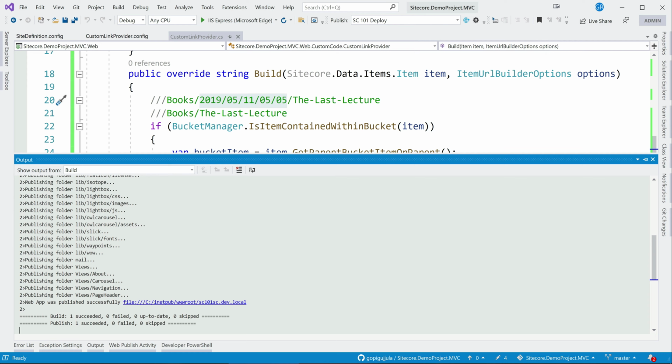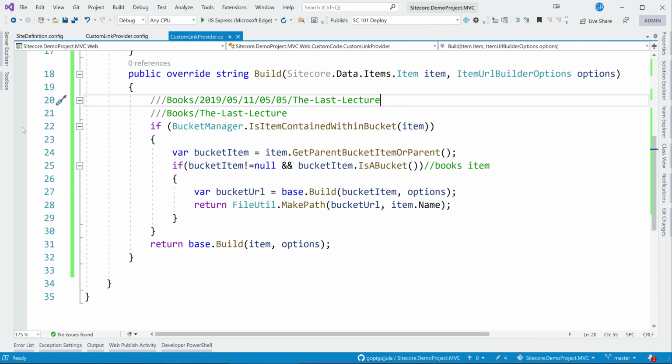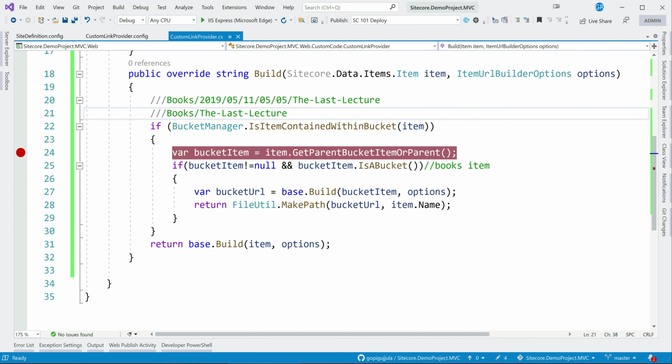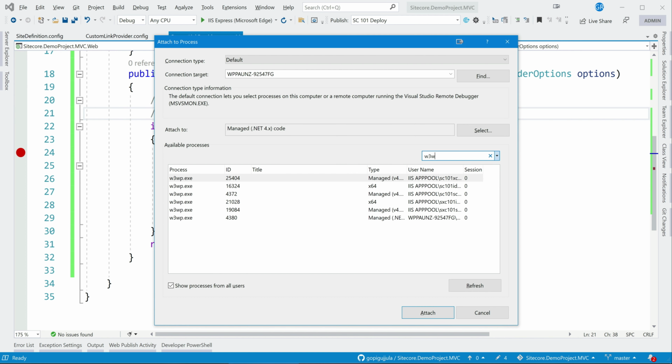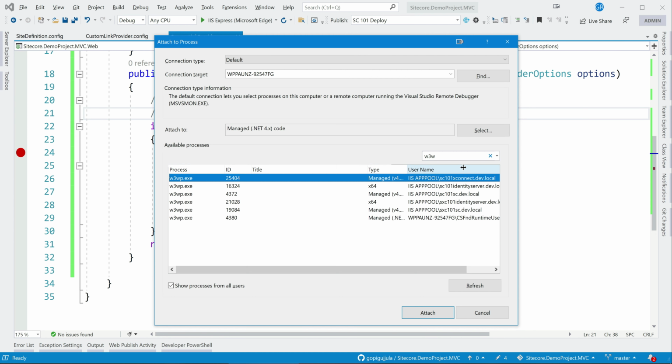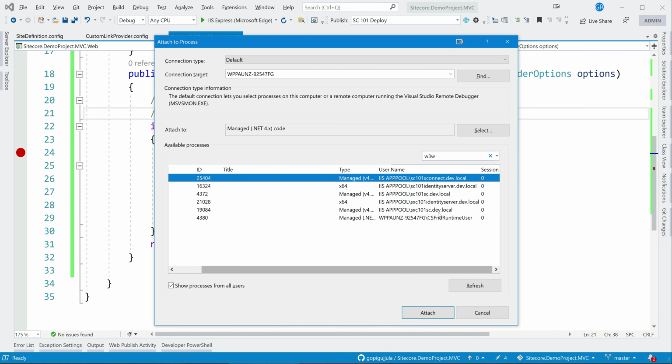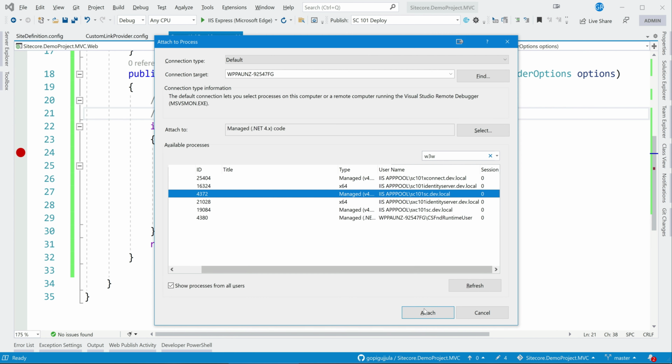Let me just put a breakpoint and see as well. I'll put it directly inside this, otherwise it will come a lot of times, so that we know that it is coming for the last lecture item only. So yeah, let's see this one.